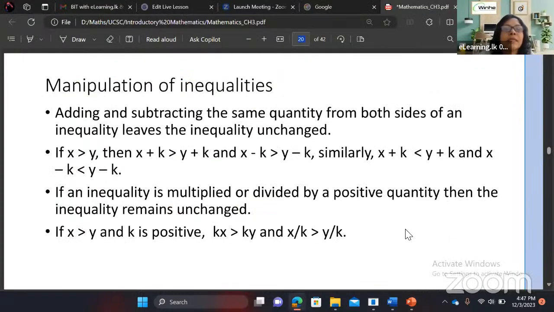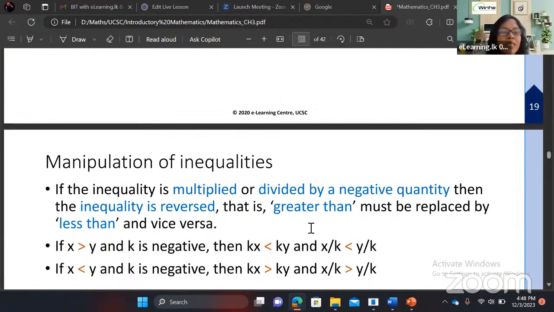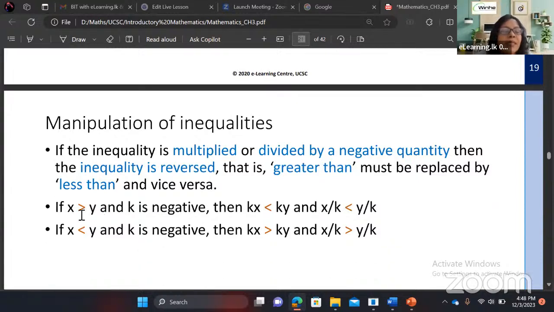Rohit and Danika are right, correct. If the constant value k is positive, the inequality sign will not change. It remains unchanged. If it is negative, then the sign of the inequality should change, right? If it is greater than, then it will become